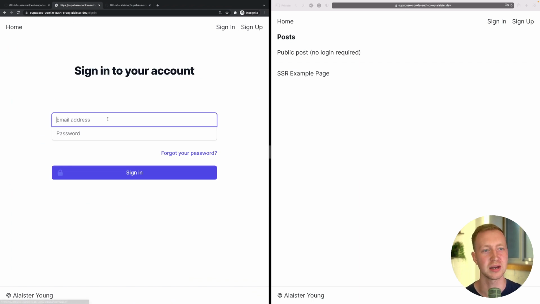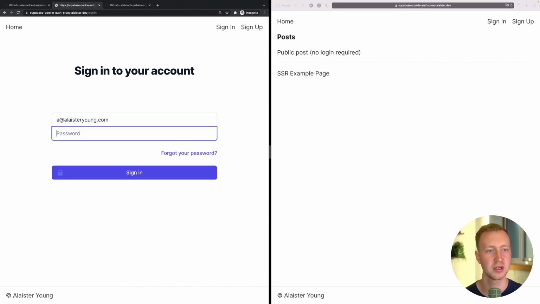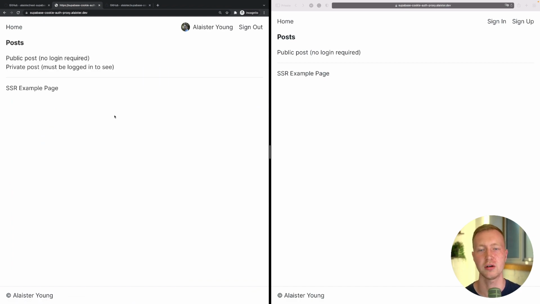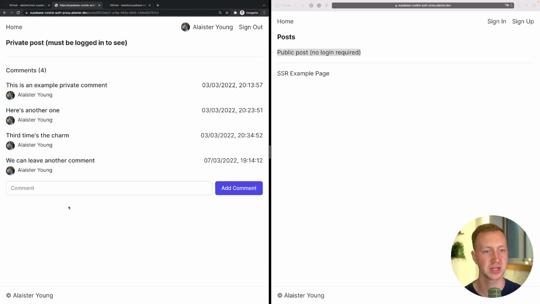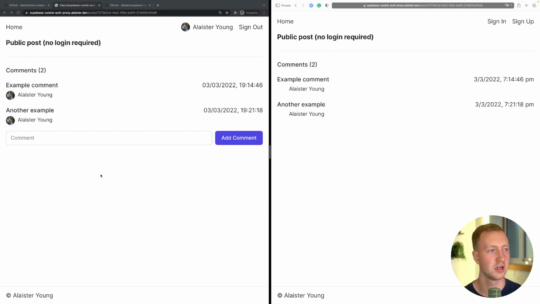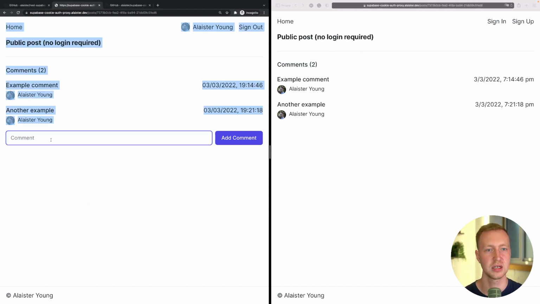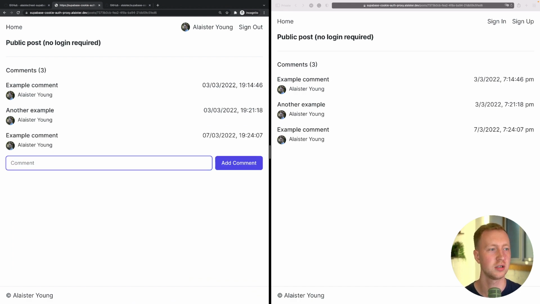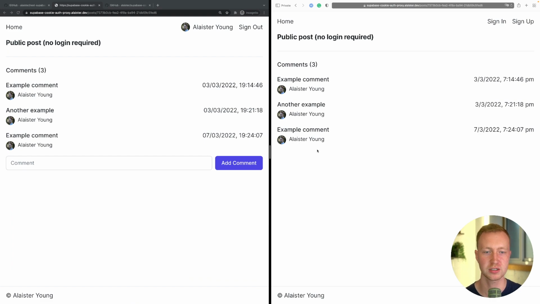So let's jump into the demo and just see what we're working with. If I log in here on the left-hand side browser, you can see on the right-hand side, I can only see the public post, but now thanks to Supabase's awesome implementation of Postgres RLS, I can see the private post here. I can see comments. If we hop back over to the public post and I leave an example comment, another example comment, you can see real-time works perfectly with this approach, still using cookie auth, no refresh tokens, no access